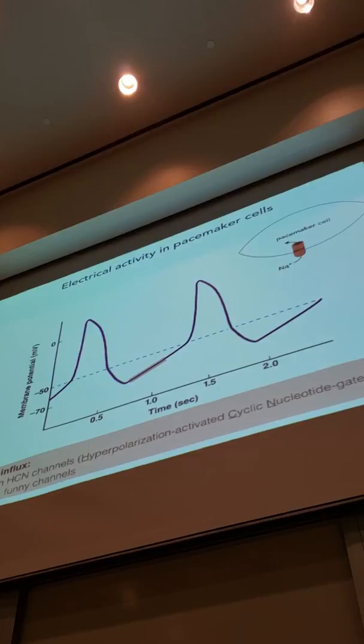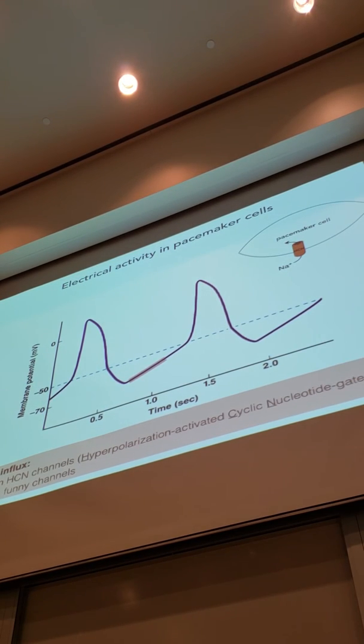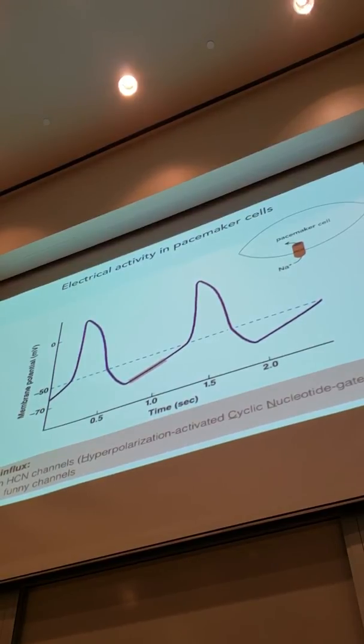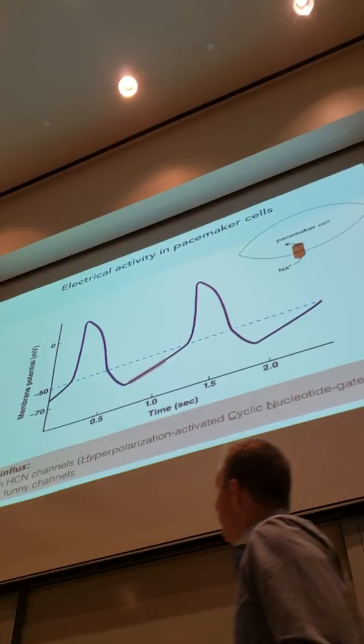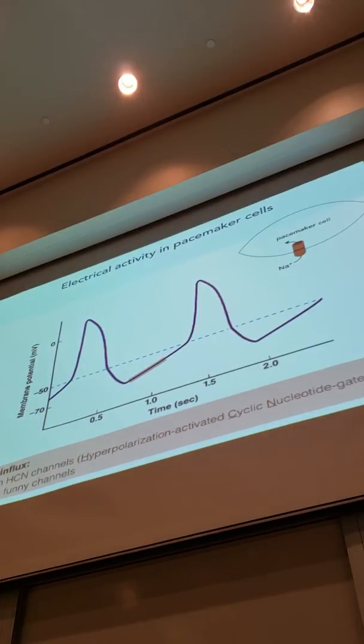Okay, so let's talk about what's going on here. How do we get this pacemaker potential? Well, you might guess that in order for us to go from -70 or -90 or someplace very negative, to move up towards -50, which is our threshold here, we're going to have to move some ions, right? And what we move is sodium ions. Sodium ions are going to go into the cell, from outside to inside,